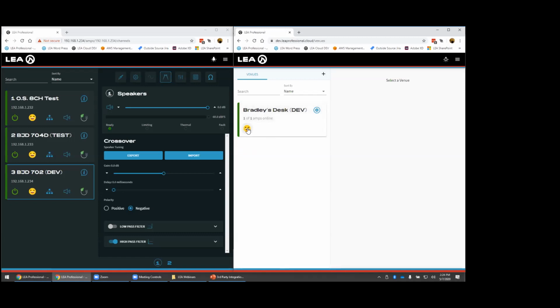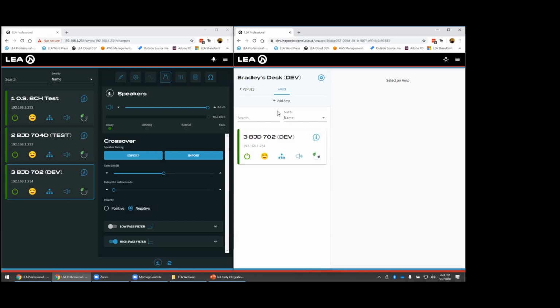Right now, all the amps in my venue are happy, so there's no faults, there's no events. But again, if you have multiple amps here and any one of them had a fault or an event, it would display that here on the venue view. So you get a very quick glance, if you've got multiple venues, to see what's going on, if anything's faulted or there's an event, or if any amps are offline. So if I click on the venue here, then you can see I've got my 1 amplifier here,